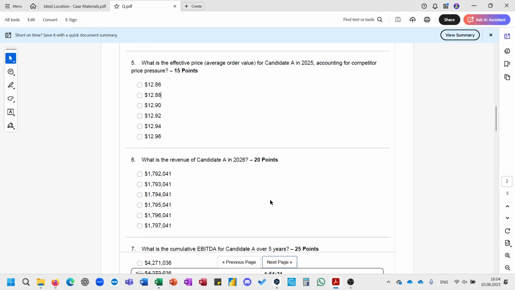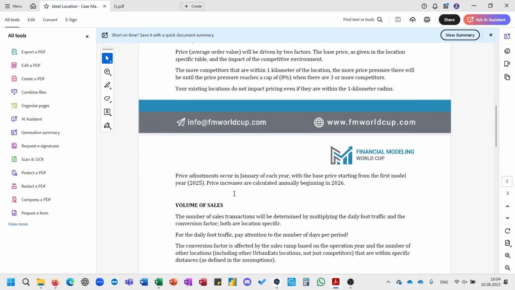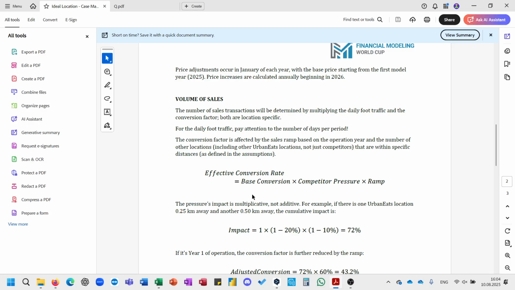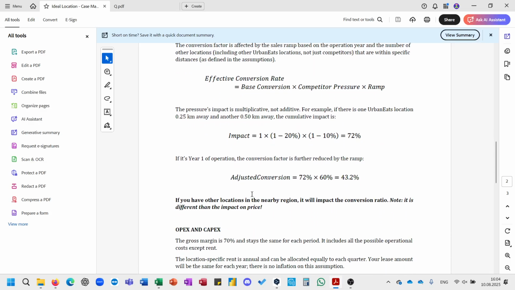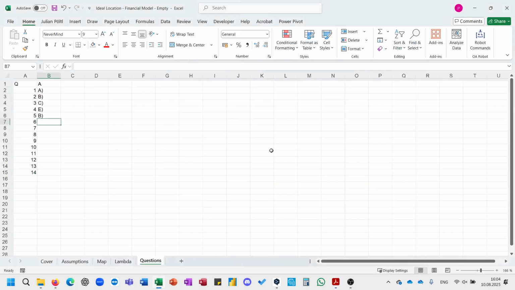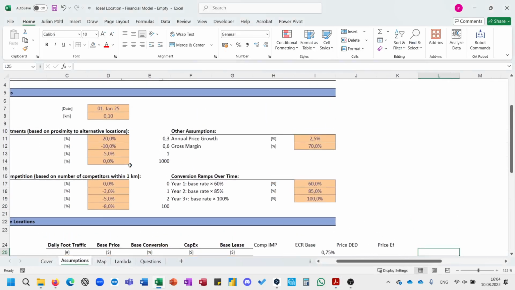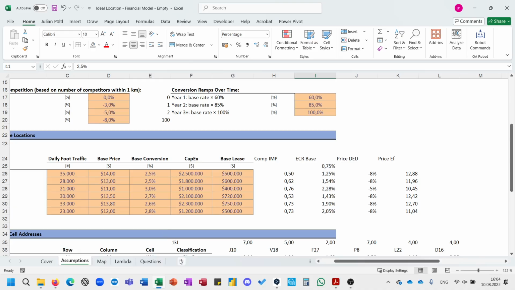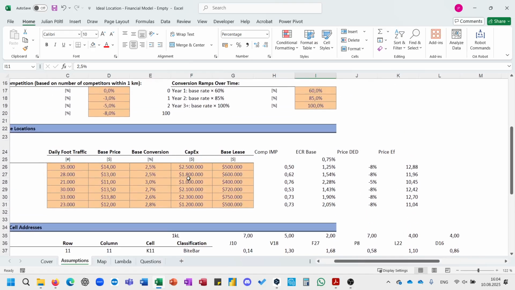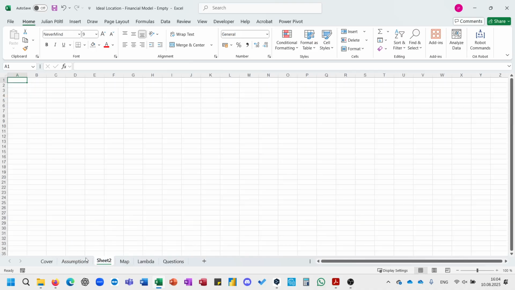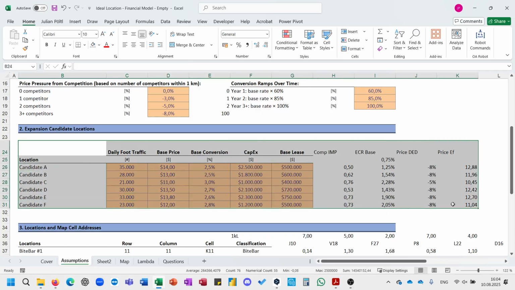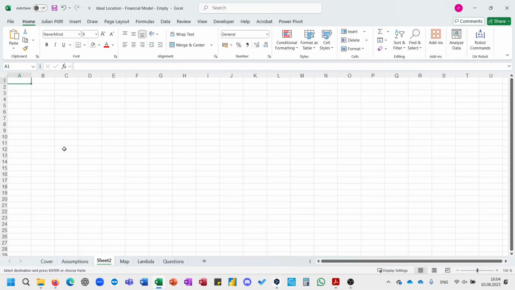Revenue of candidate A in 2026. Do we have any other things for revenue? Okay, here is the price, and here is the volume of sales. And we can also see in our assumptions that there is an annual price growth. And now I will start with building a little bit of a model. So I basically copy everything here in there,